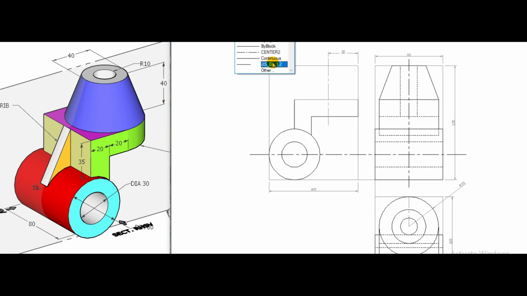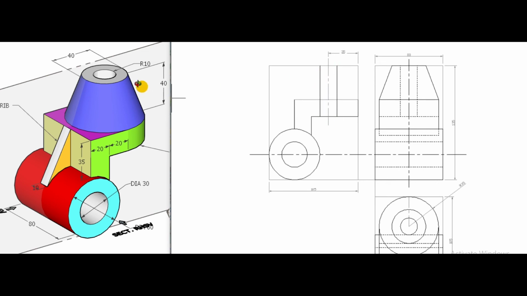As we are drawing the sectional side view, there should not be any dotted line. It should be represented by regular line. So pick up this point and draw line at 10 millimeter. So thus this portion is also completed.